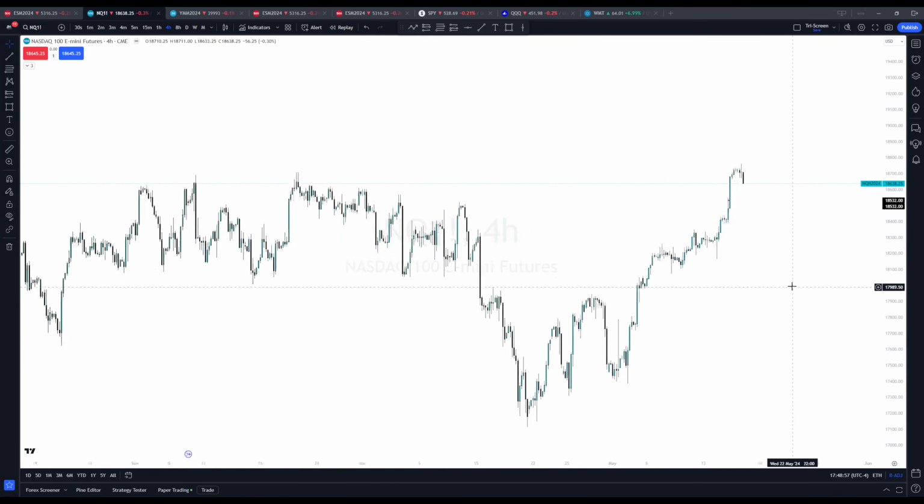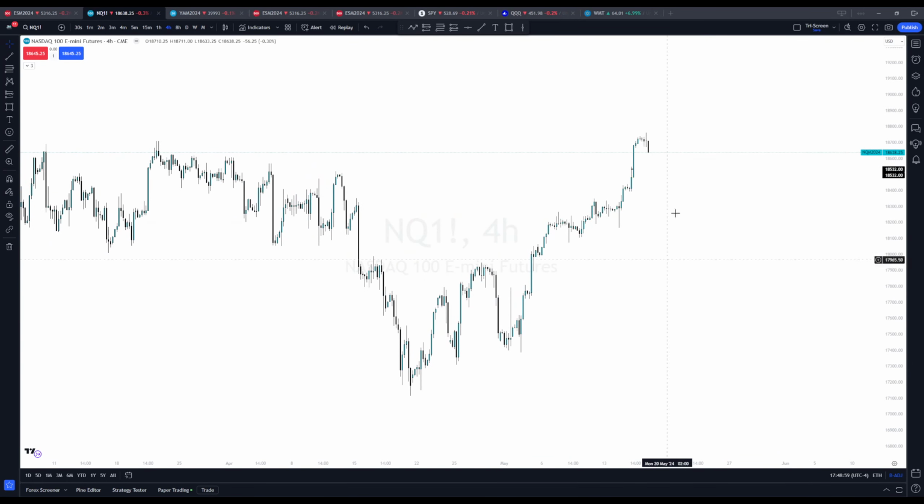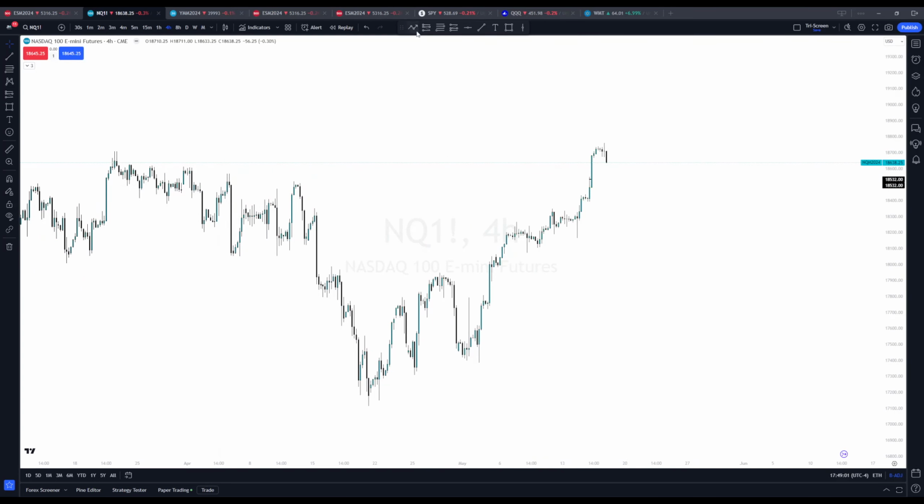Kind of like what I'm thinking here, we're going to have a big old cup and handle, right? We come down, we get some kind of 50% retrace, and then what do you got? You got a cup and handle, right? So I just think it's so interesting, it shows how and why these concepts work.